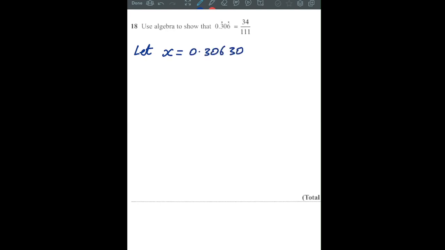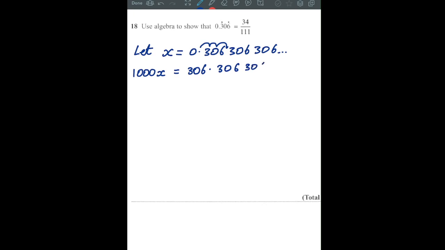The 306, 306, 306. I don't like writing it with the dots here. It hides a little bit of what's going on. So instead I'm going to write out 3 iterations of the repeating block. The technique is to make the repeating block appear in front of the decimal place. Well, to do that, with a 3 size repeating block, we need to move that decimal place 1, 2, 3 spots, which is timesing by 1,000. So that's going to be